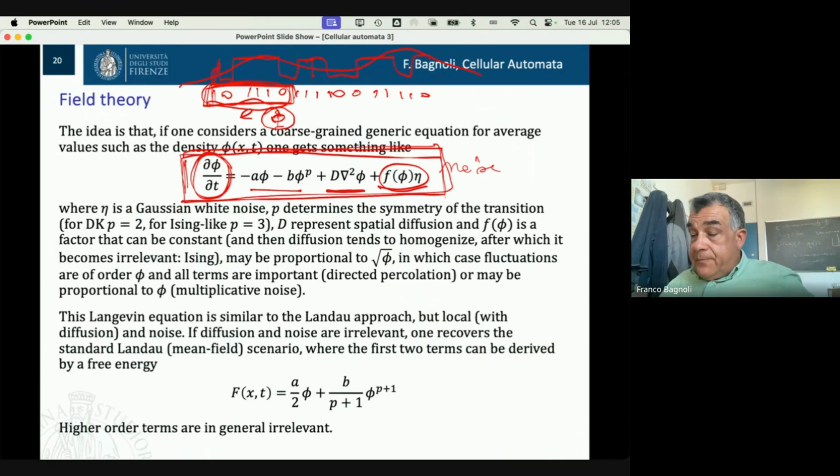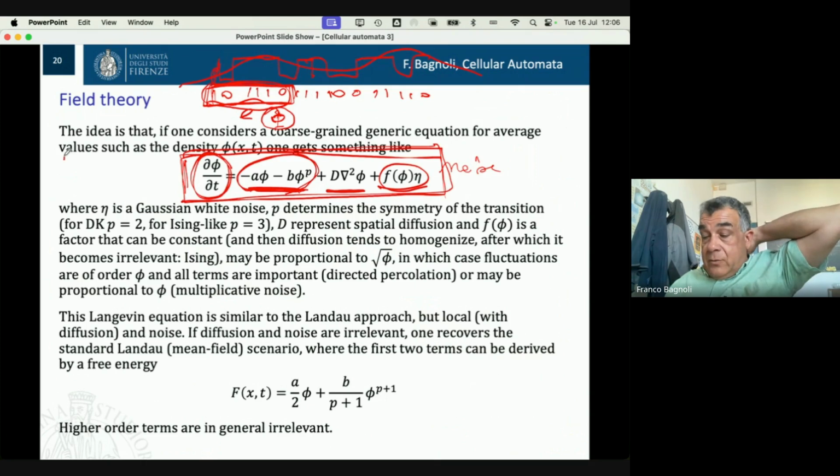You don't know actually how they are. You know from the Landau approach that you need to have at least two powers. If you want a symmetric system like in the Domany-Kinzel one, you may want to have one, and